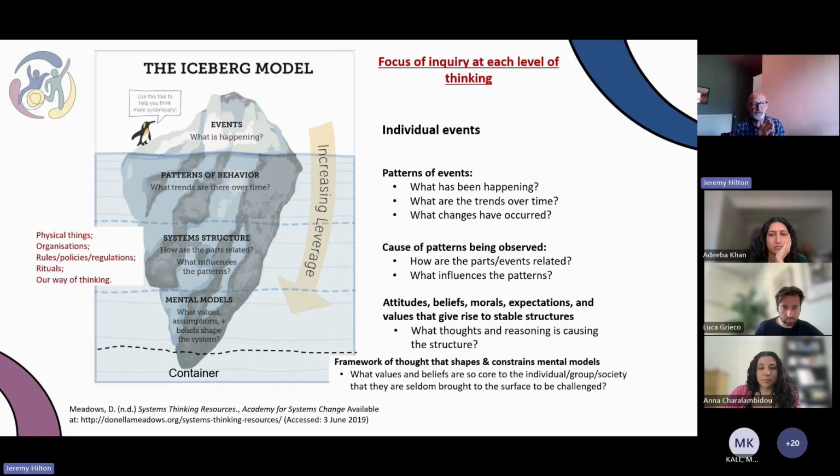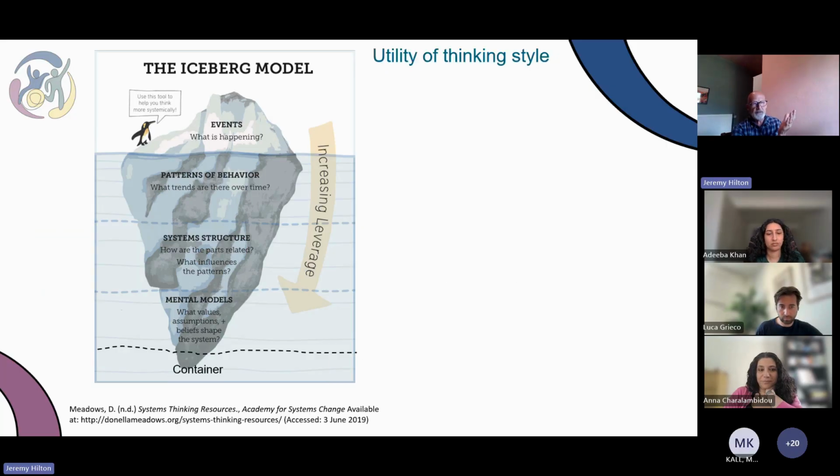What I think is very difficult is actually to look at that underpinning container at the bottom she refers to, that is our personal framework of thought, our personal values and beliefs that are so core to us, sometimes group and society, often in that we don't see them in ourselves because we are who we are. It is us, but we can see them in others sometimes.